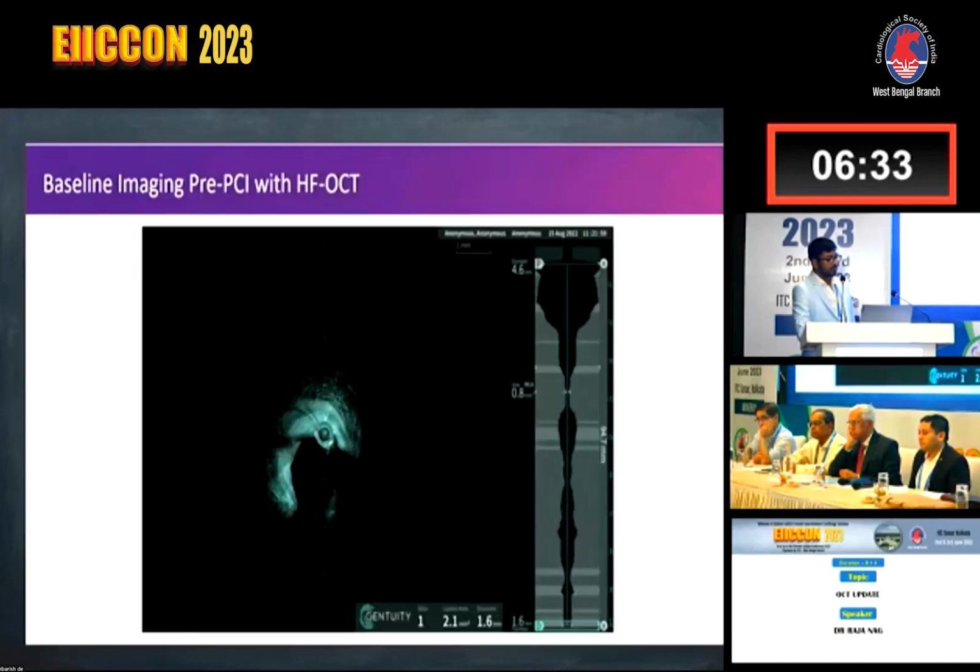So I will show you some of the images which were shown in the recent Europe PCR. So this is a still image, and this is a Gentuity OCT catheter system. And in the middle of your screen, you can see the